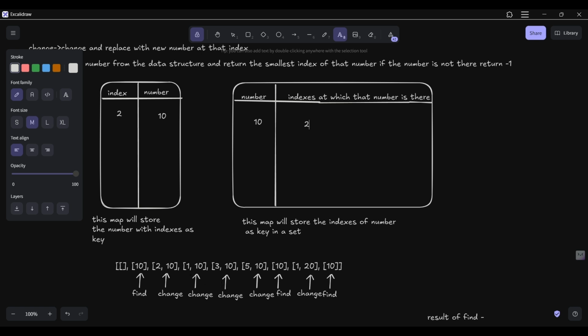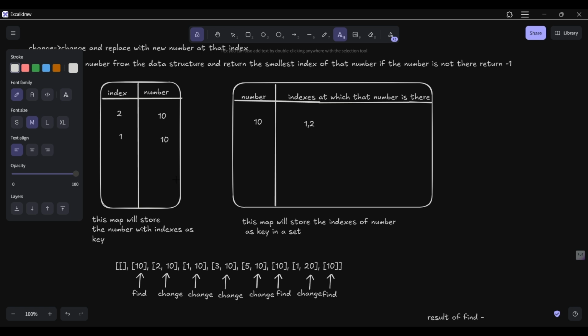Okay, so we're simply going to write here 1, and here again we write 10. The number is the same, so the index we write is in sorted order. Like here we will write 1 first. And then in the next function, 3 comma 10, that is 3 basically the index and 10 is the number. These are basically the parameters of the change function. So 3 is the index, so you can simply write 3 and the number there is